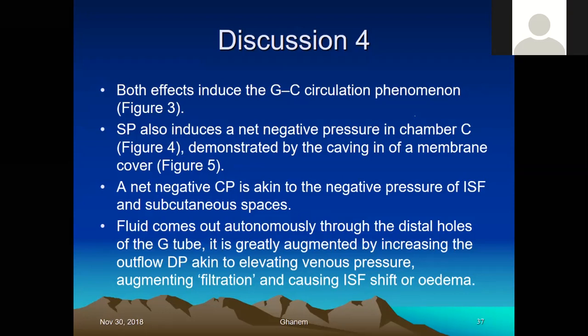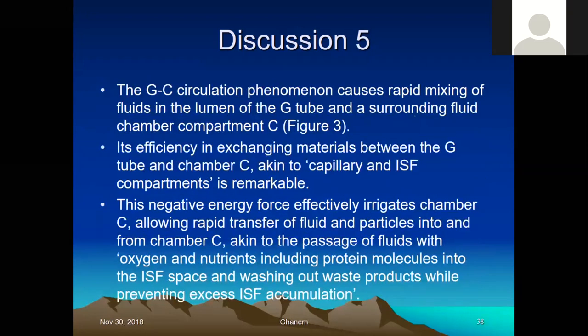The GC circulation phenomenon causes rapid mixing of fluid inside the lumen of the G-tube and the surrounding fluid compartment C, as shown in figure 3. Its efficacy in exchanging material between the G-tube and the chamber C, akin to the capillary interstitial fluid compartment, is remarkable. The negative energy force effectively irrigates chamber C,